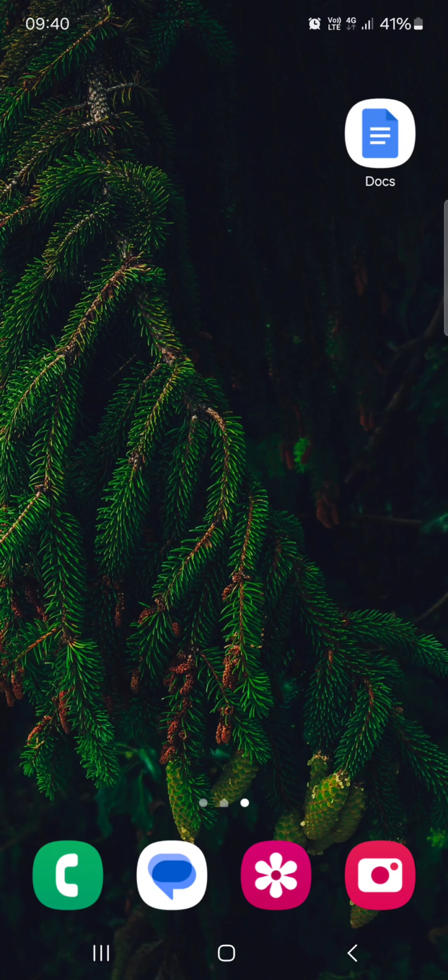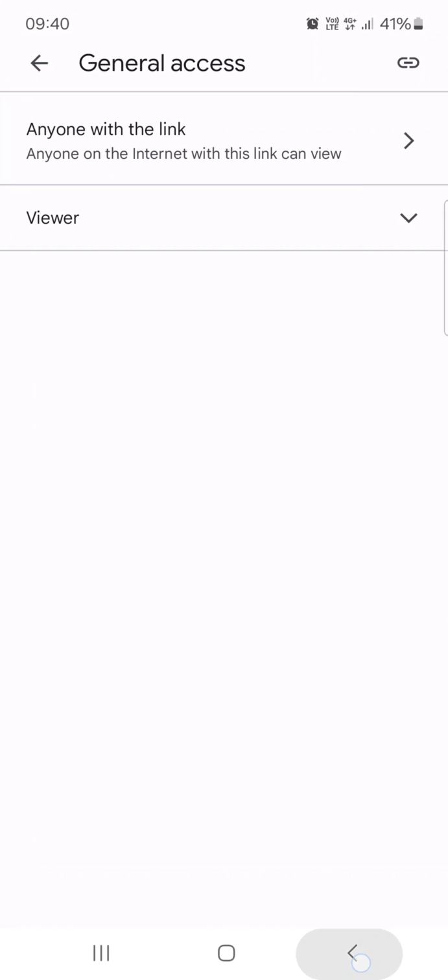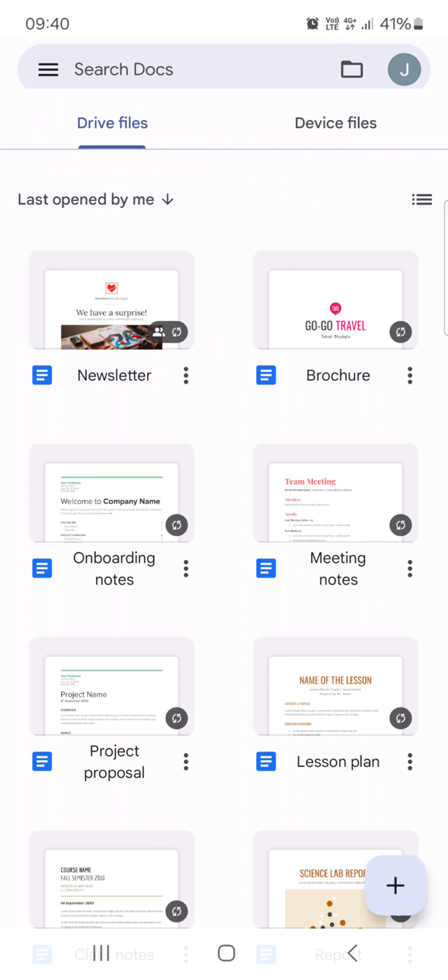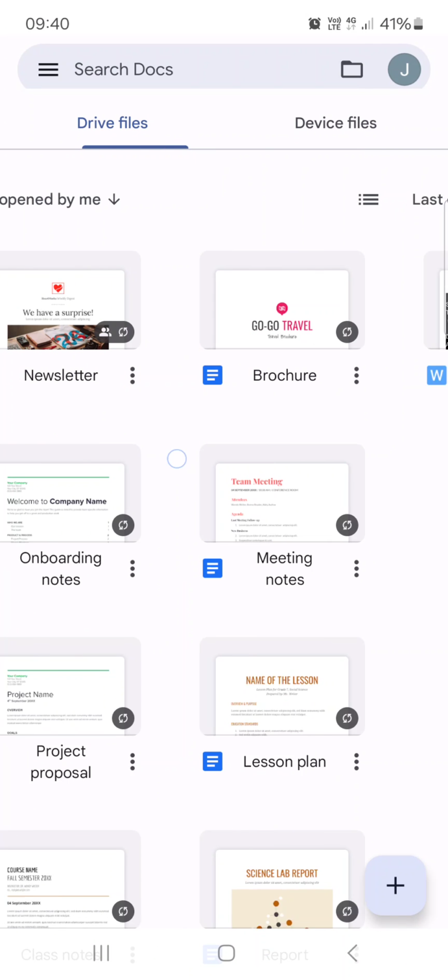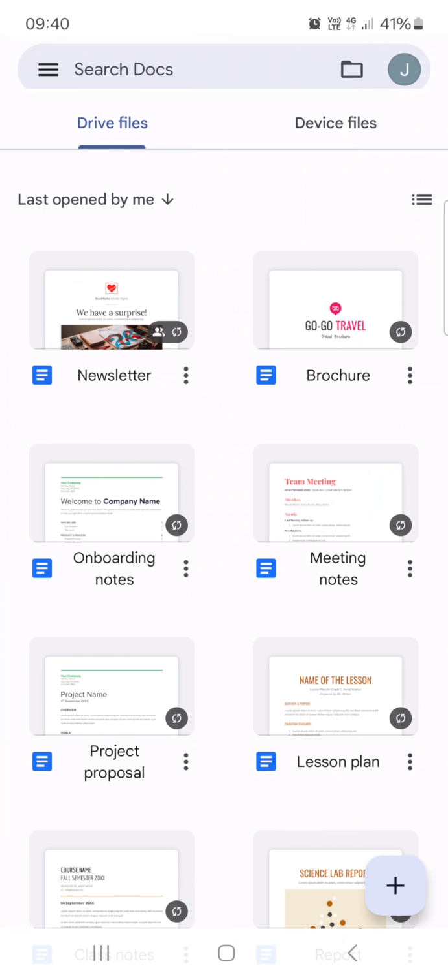So without further ado, let's just jump right into it. First we have to open up the Google Docs app, and here it opens up in the Drive Files menu. From here we just select a document that we want to work with, then tap on the three dots next